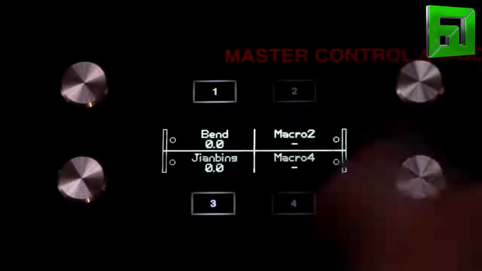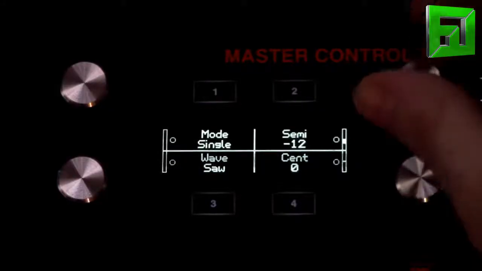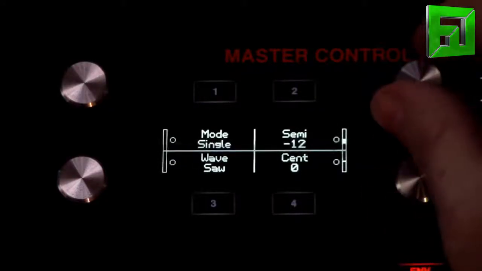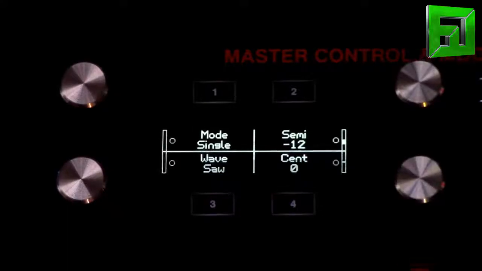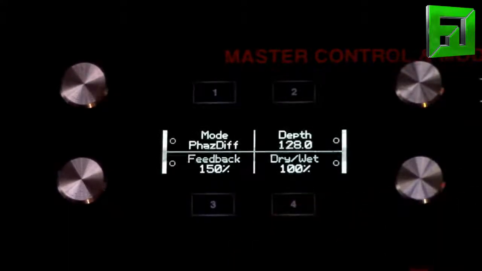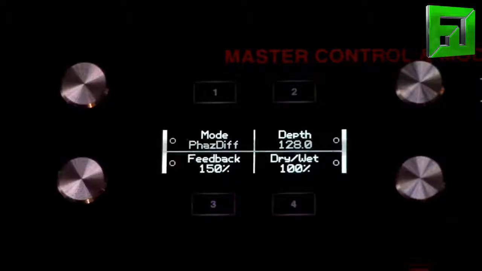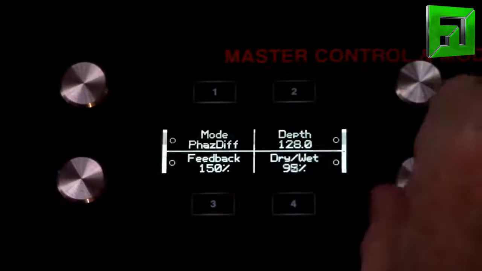All right, and I'm going to drop the oscillator pitch a little bit here as well, just to give it more to chew on. All right, now this is where we get into the kind of fun stuff of making it actually sound like something physically modeled. So what we want to do,